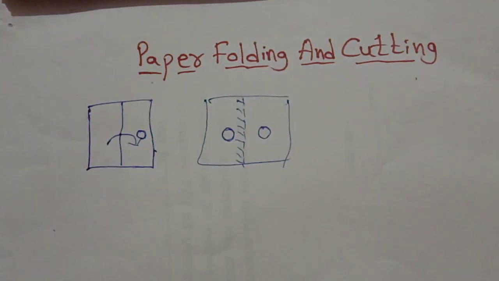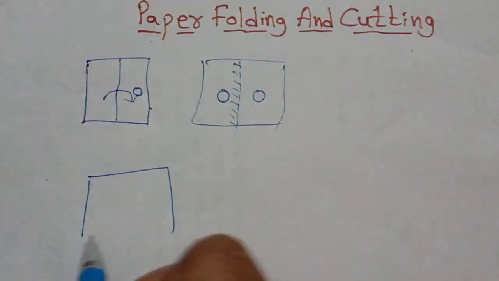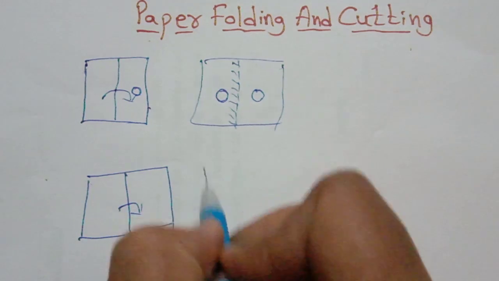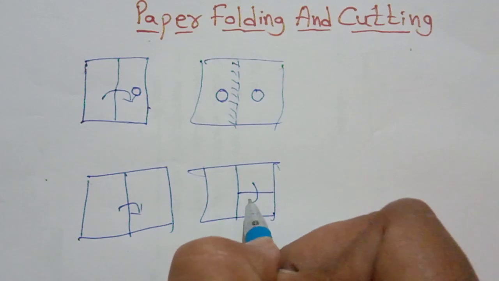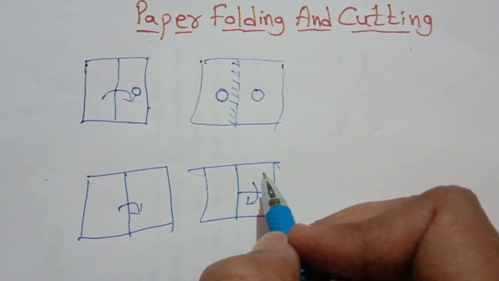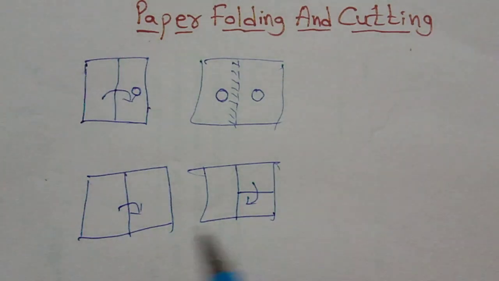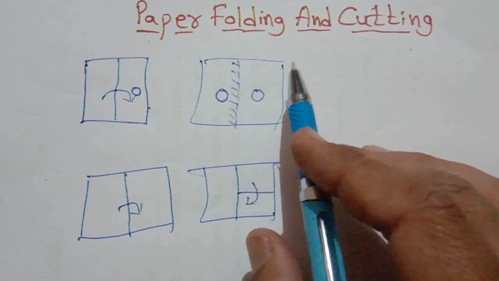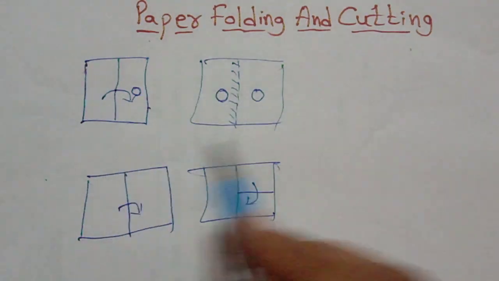So here only one folding, so one concept. Let's see what happens if the foldings are more. This is the first folding, and this is the second folding again. If the foldings are more, we do the same process, meaning we use the mirror image concept. Then we have to come from last to first.